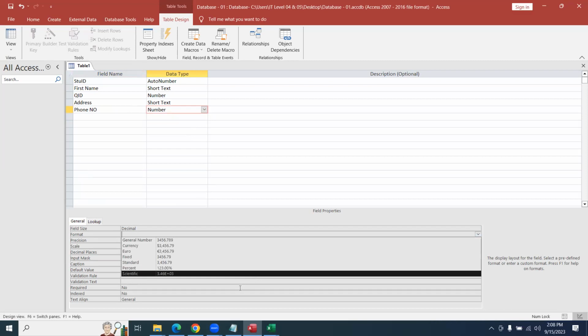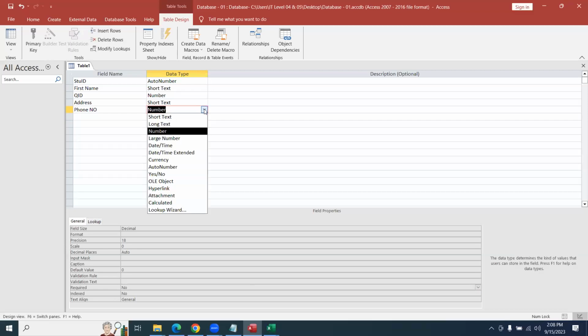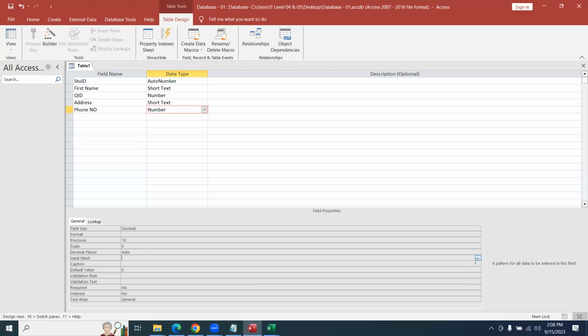So with the phone number, how is it going to be? It's number, but okay. This is not, no. It should be number, then we come here, done. Right. Yeah, number input mask. You need to select what? Input mask. And save it, student